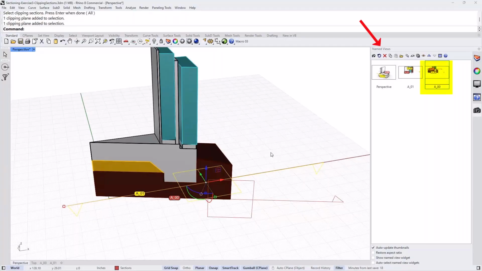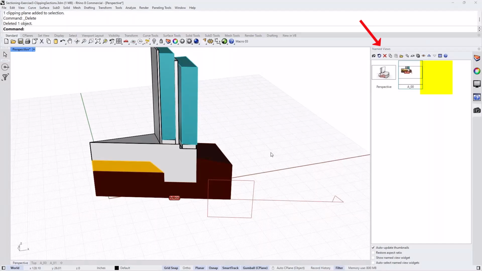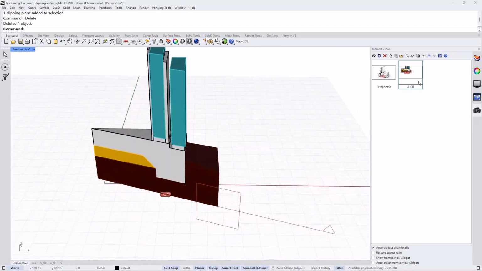I'm going to delete one of these sections, as you will see that it also deleted it from the named views. So if there is an association between a section and the named view saved for that particular section, clicking on the widget and deleting it deletes it from the named view. So that is really nice because it cleans it for you. You don't have to worry about it. It's not going to clutter your named views, and this way you know what you have and what you don't. All right. So you can go ahead and try it, select one of the sections, and delete.